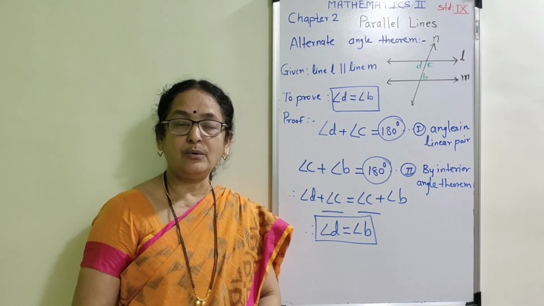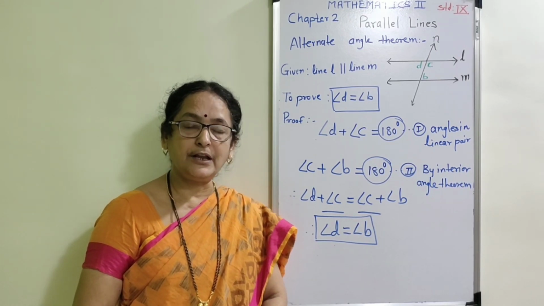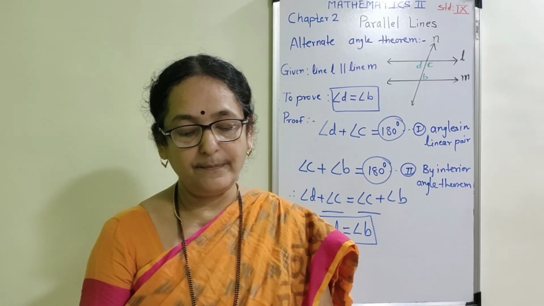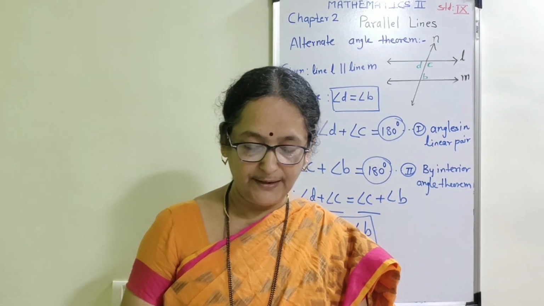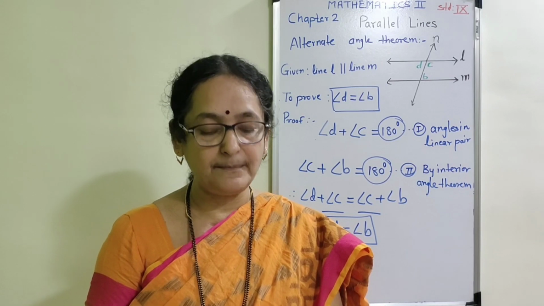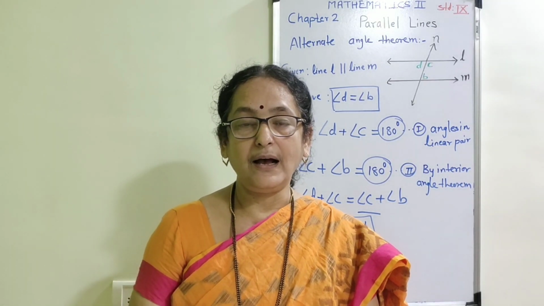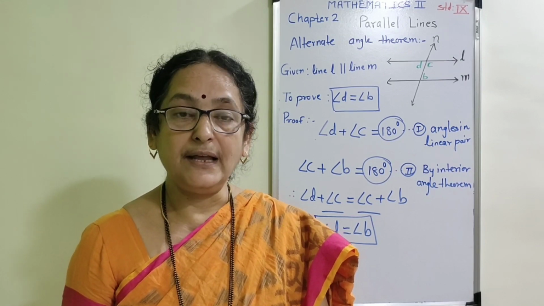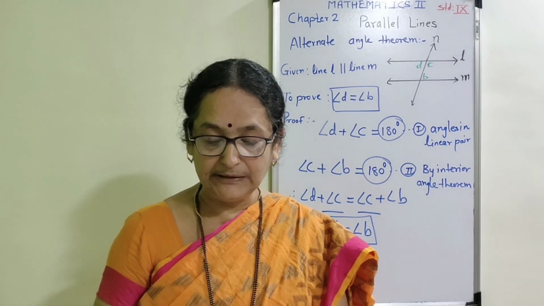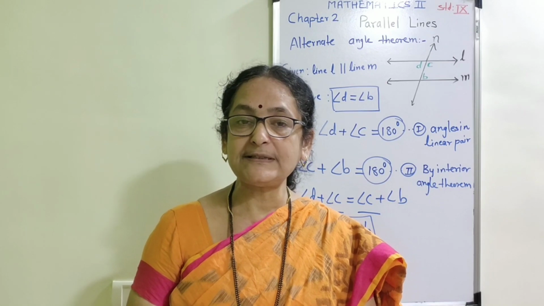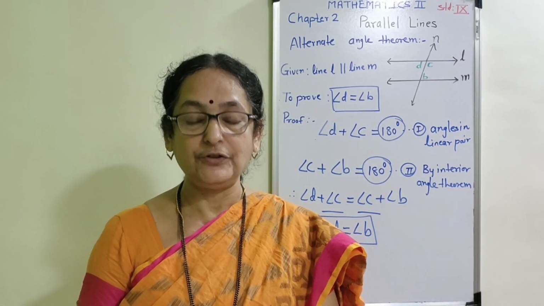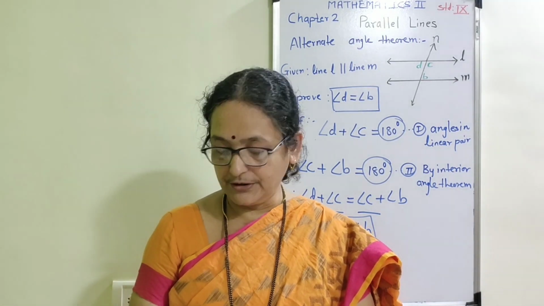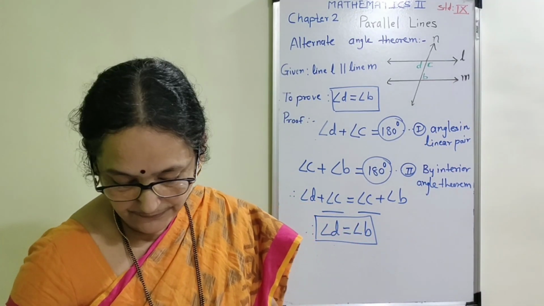Now here we have learned three important theorems from this chapter. Now we are going to start our practice set 2.1. Here the third example and fifth example are omitted due to this lockdown, and therefore you are going to solve only three examples. From those three examples, I am now going to take the first two examples, which are very important. Now observe the figure on the blackboard.